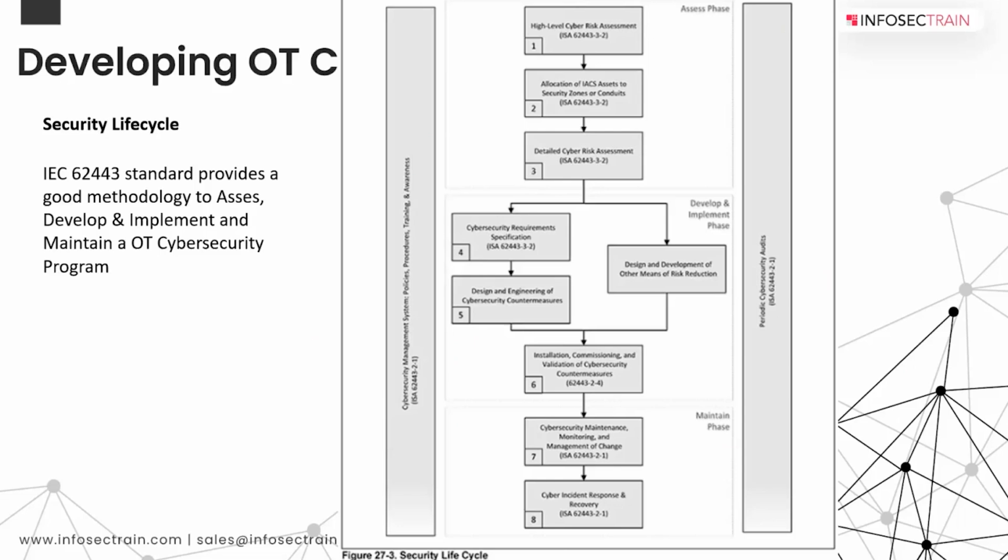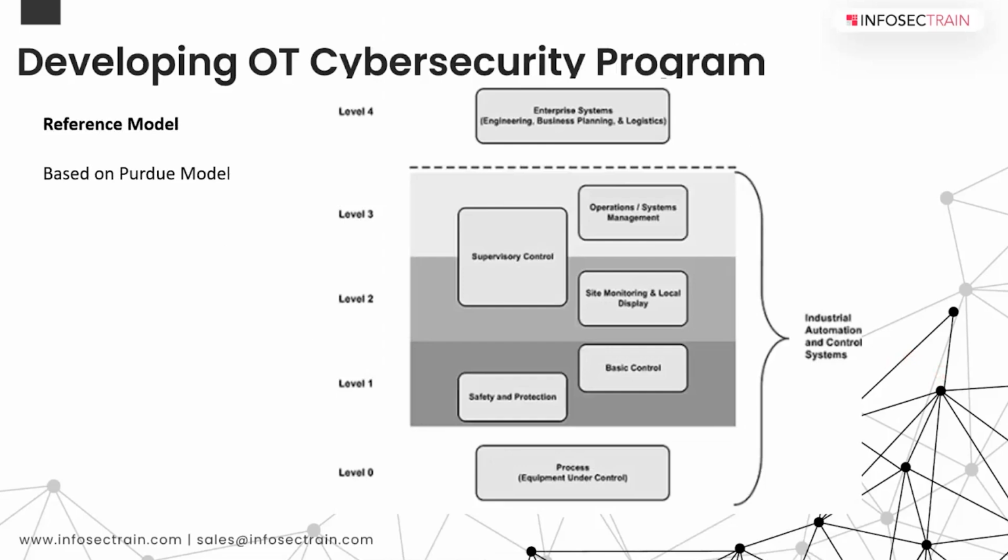But I was talking about IEC 61511, right? Functional safety. Functional safety mimics almost the same life cycle. There they take cybersecurity as an input as well. So this is a reference model based on the Purdue model. The Purdue model you guys might already know: Level 0, Level 1, Level 2. So this is a very basic reference model. This is where your control systems lie.